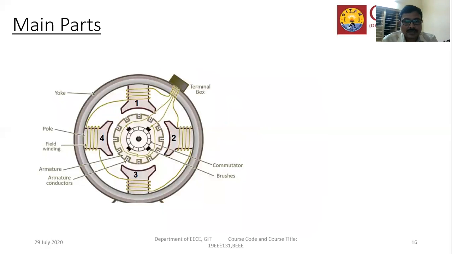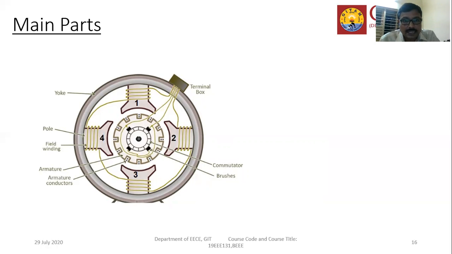Next, this is the cross-sectional view of a generator, a view of the generator from one end of it, right? The inner circle is the armature, and the outer circle is the yoke, also called the stationary part. Field poles 1, 2, 3, 4 are shown. The poles are shown with numbers 1, 2, 3, and 4. They are fitted to the outer frame called yoke. So that is a stationary part.